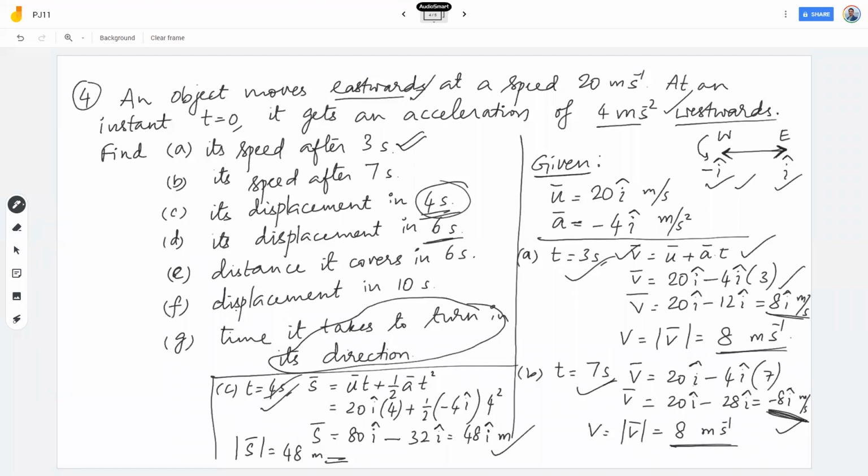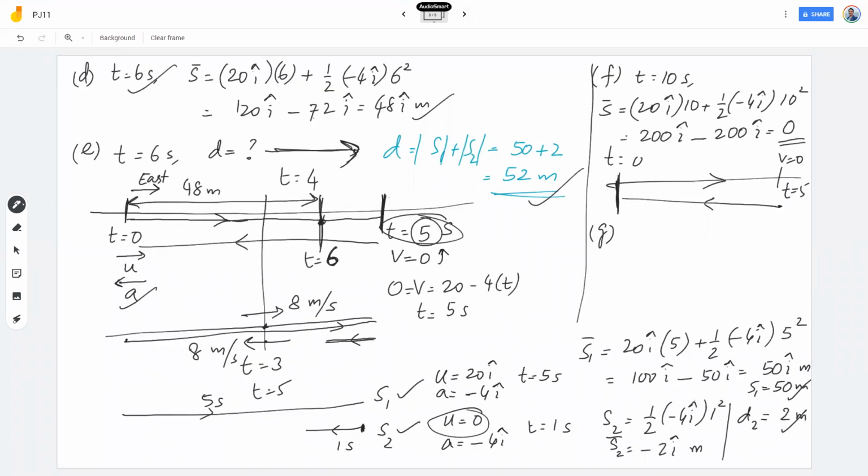Velocity. Very good. Direction of motion is specified by direction of velocity. And if the particle has to turn in its direction, the velocity should either become positive from negative or negative from positive, both, right? So that will happen when the velocity crosses 0. So v is equal to 0 at t equal to what is the question.